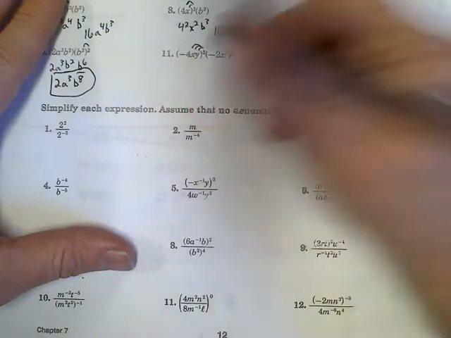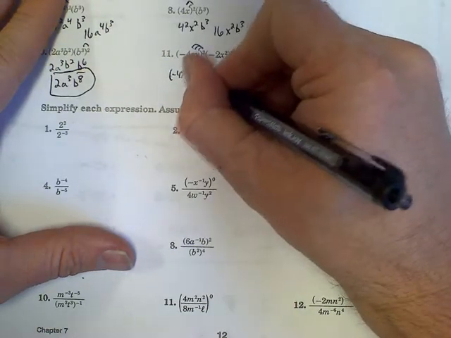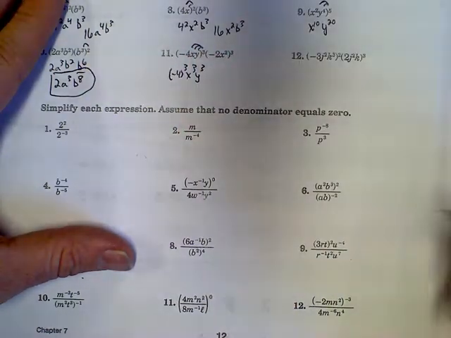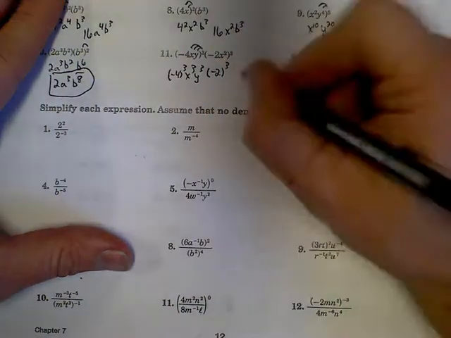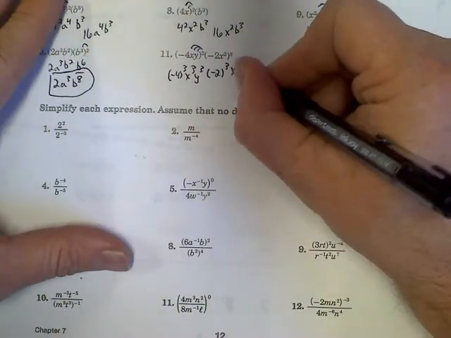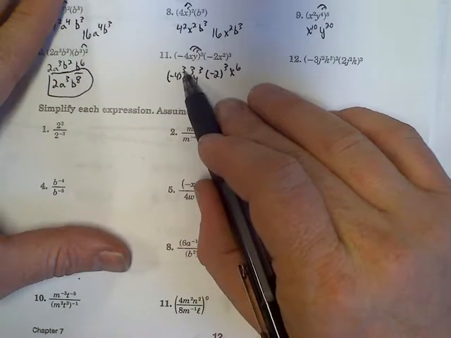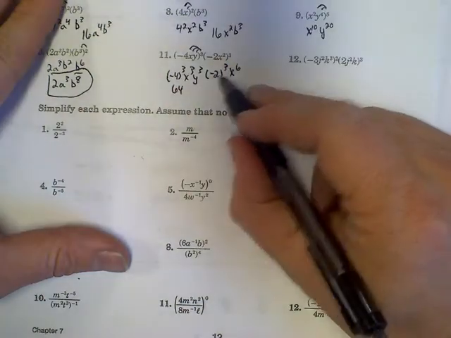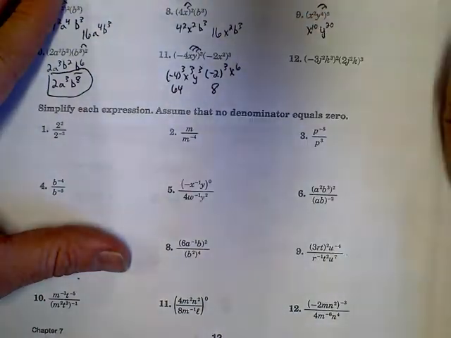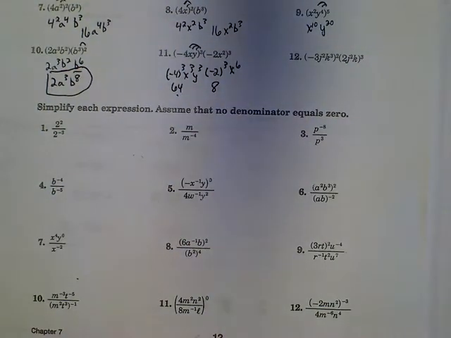Go ahead and distribute the 3, so this is really negative 4 to the 3rd, x to the 3rd, y to the 3rd. Then it becomes negative 2 to the 3rd, x to the 6, because we multiply those. Negative 4 to the 3rd would be 64. Negative 2 to the 3rd would be 8. I know that 64 times 8, if I use my calculator,